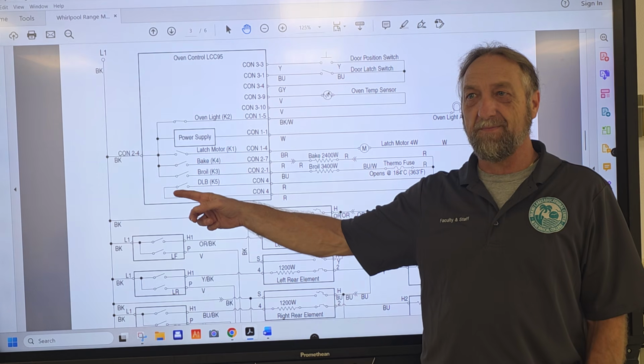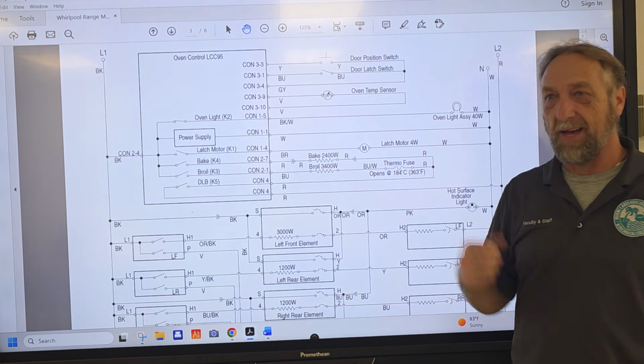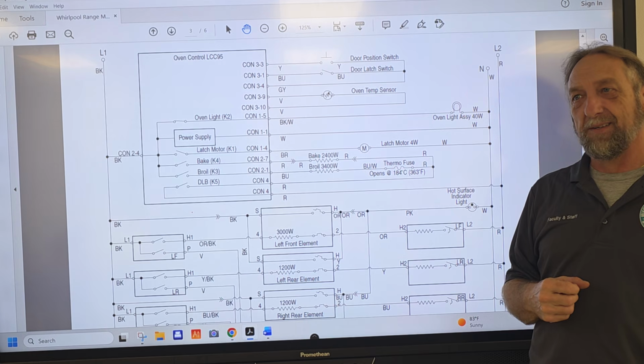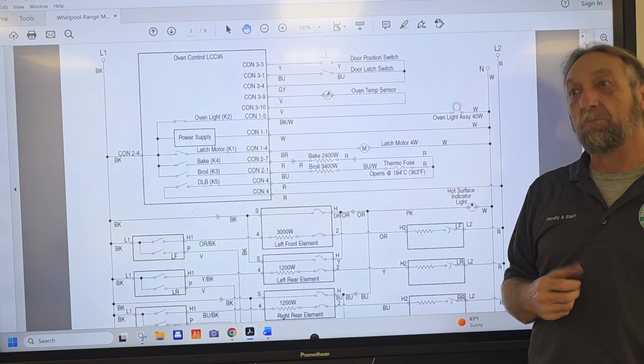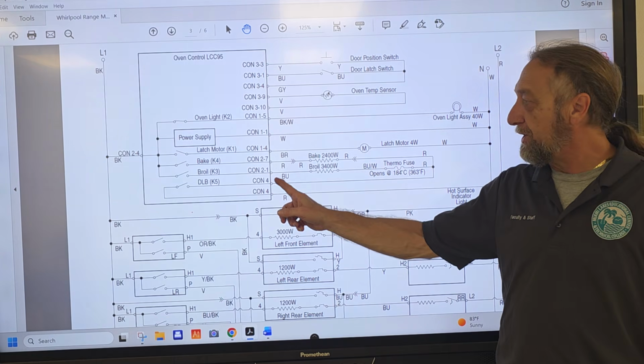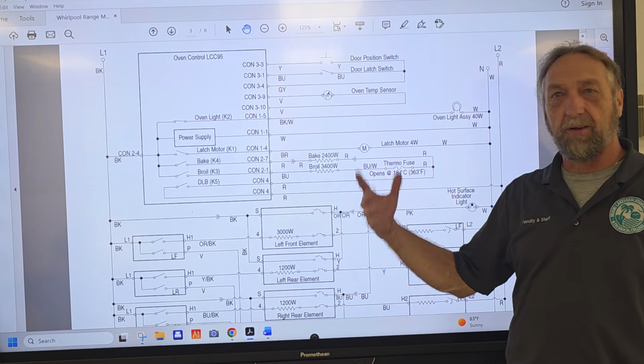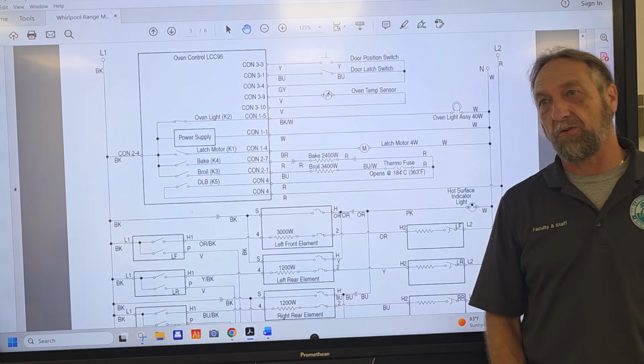Okay, I was just gonna ask that question, so that means K5 is okay. Yeah, exactly. If both of them don't work, then most likely your K5 is the one that's completely bad. And then you could just put a jumper on these two red wires and bypass it, and test it to see if the oven works. So when we test that oven back there,